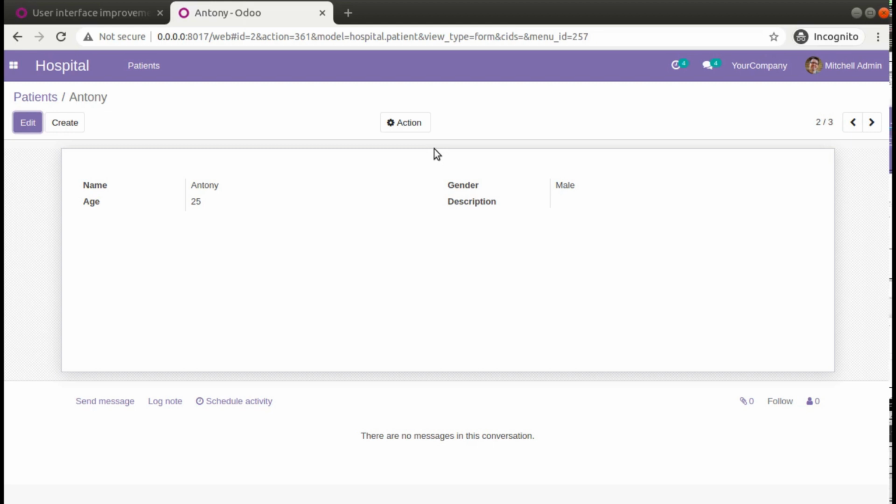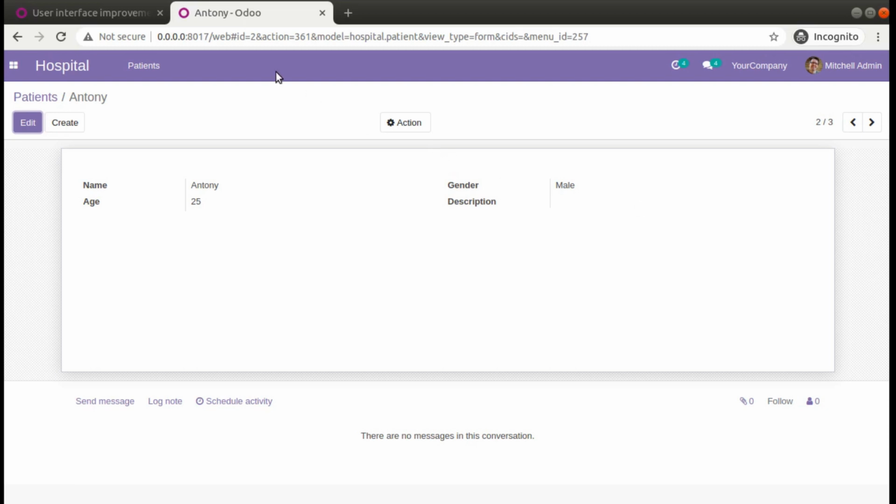Actually, a status bar is not really needed for patients, it comes along with appointments. Suppose a patient is booking an appointment, it should have different states like a new record, and once the appointment is confirmed it has to move to done state, and if it is cancelled, we have to control the workflow of the appointment. So let's see how we can add a status bar for the patient's form view.